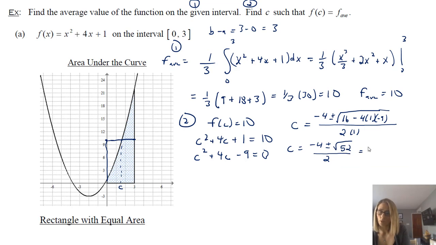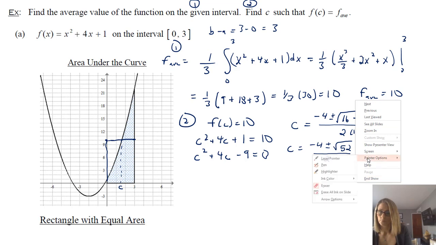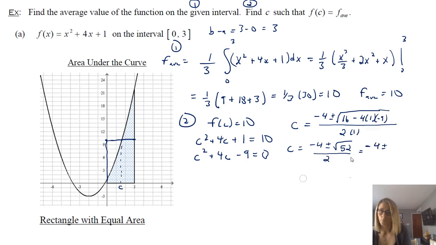Okay. So negative 4 plus or minus the square root. So it looks like 15 is 4 by 13. And so I haven't really helped myself there. There we go. And so 4 times 13 under a square root is 2 root 13, divided by 2. And so you can see that you can do a little bit of simplifying here. You got to have it in all three factors. So you're going to get c equals negative 2 plus or minus the square root of 13.